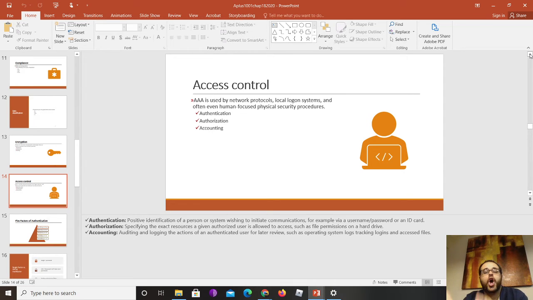Accounting is basically logging everything that the user is doing, from the time they log in, to every action they take in the system, to the time they log off. When did they log off? Why did they log off? Was that a connection dropped? Were they prompted for administrative access, and they started putting wrong admin passwords, and they got locked out of the system, right? So this will be something that will be accounted for.